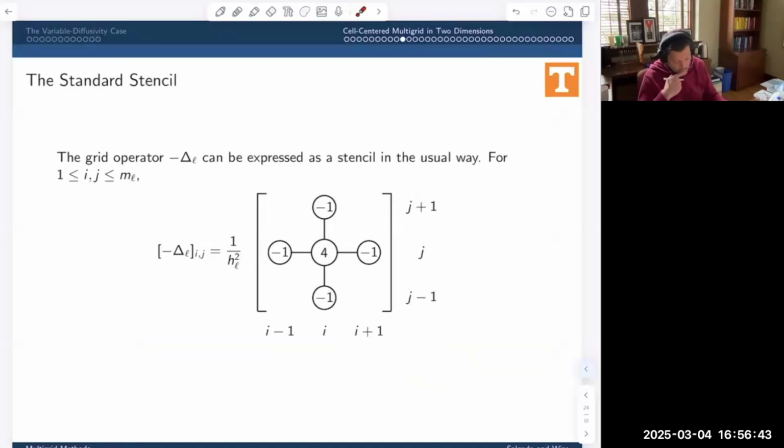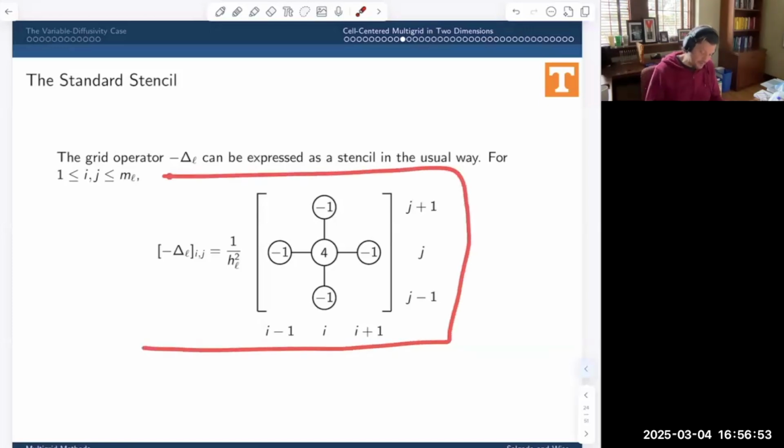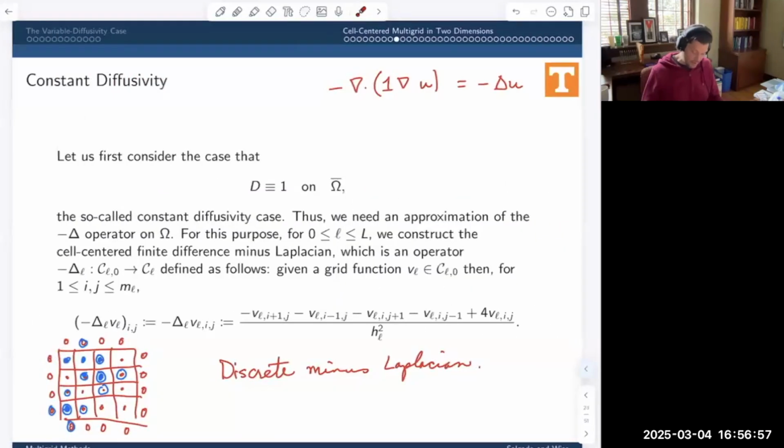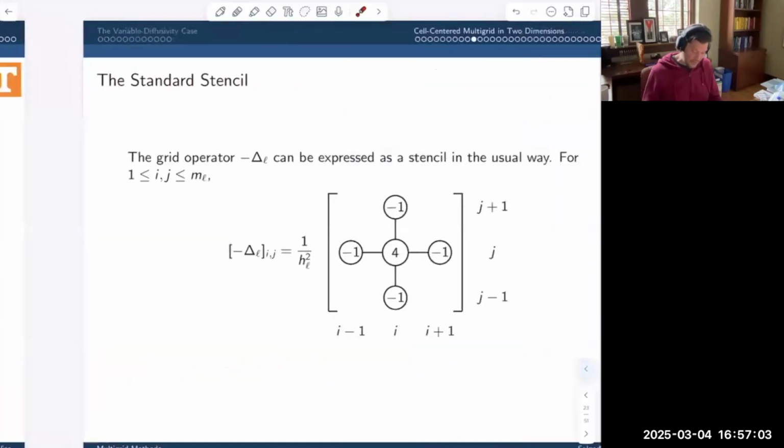Okay, so this is something I just mentioned, right? The grid operator can be expressed as a stencil, and this is actually the notation we use for a stencil. I did forget to say one thing: in the definition of this operator, I'm dividing by HL squared. And so that's where